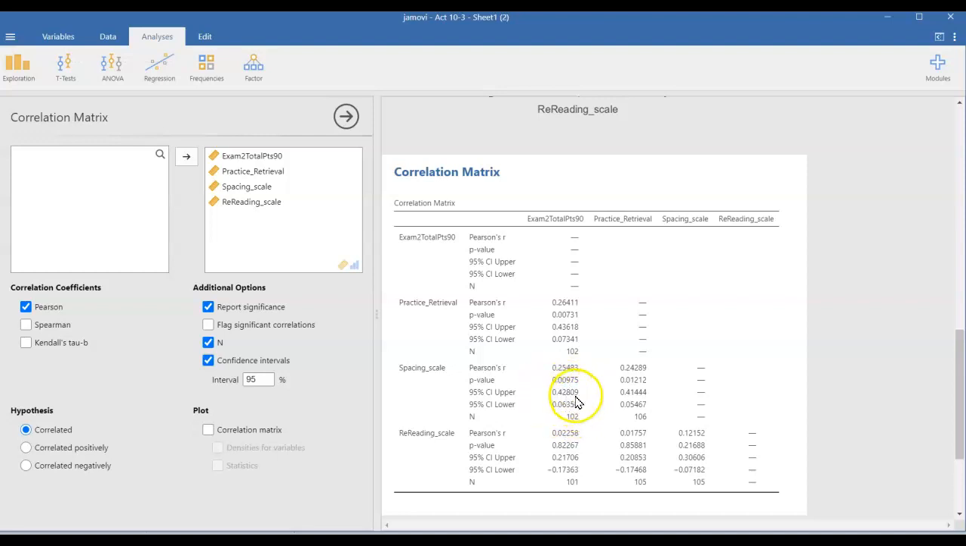confidence interval there. Okay. So p-values are interpreted just like they are with any other statistic. Lower p-values indicate greater confidence that the relationship you're observing is not just due to sampling error. So these two are quite low p-values. And you can tell they're both positive R's, which indicates that as scores on this studying technique go up, scores on the exam go up. So more practice retrieval is associated with higher exam scores, and more spacing is associated with higher